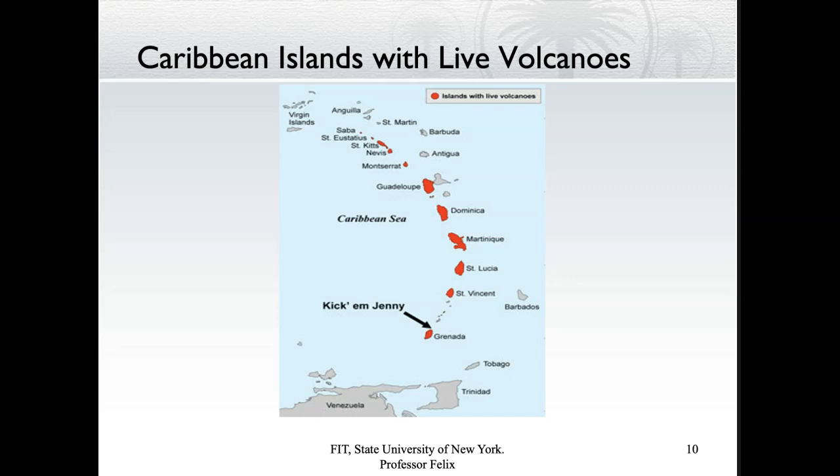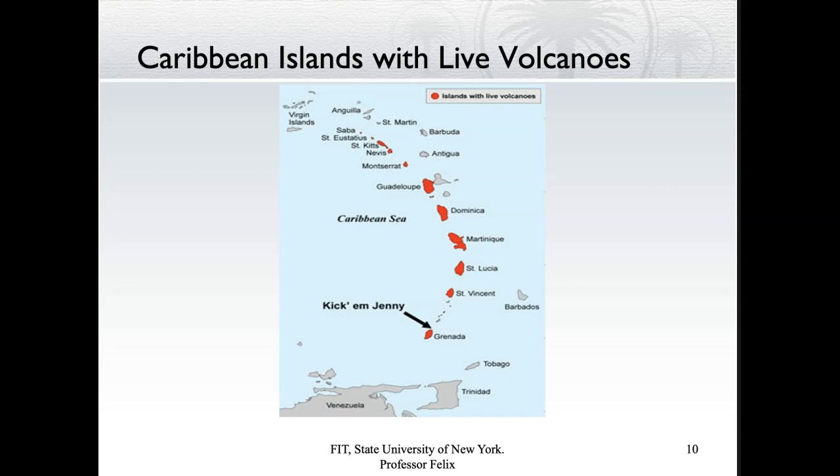Well, as we said, the Earth's crust is made up of slabs of material called plates that move relative to each other, and the Eastern Caribbean lies on a plate boundary. The North American plate, which is the denser of the two, sinks beneath the Caribbean plate, creating suitable conditions for magma to be pushed up from the inner Earth. So the magma then rises to the surface of the Earth, where it may erupt to form